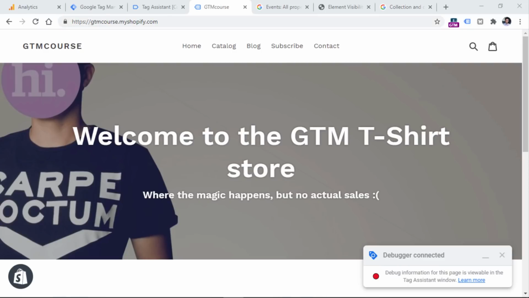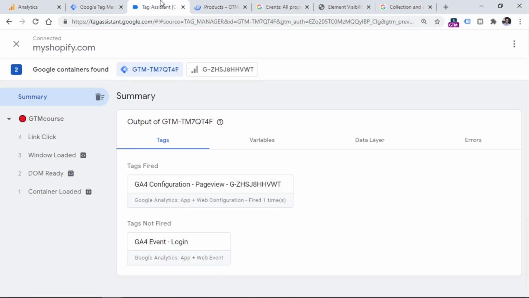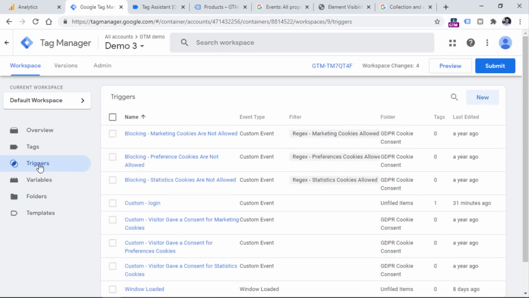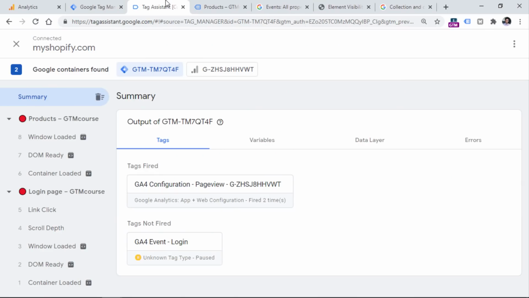So let's say that we want to track link clicks on the menu items of the website, and we want to send them as events to Google Analytics 4. First, let's take a look at what kind of data we can get with Google Tag Manager related to menu item link clicks. So let's say that I will click the second link, which is catalog. I click it, and when I go to the preview mode, I will see that the link click has appeared in the preview mode of Google Tag Manager. Even though I don't have any link click triggers in my container, the link click tracking is available and seen in Google Tag Manager preview mode because I have enabled the link click tracking in the enhanced measurement of Google Analytics 4.